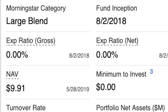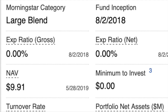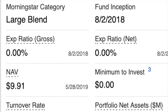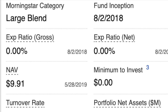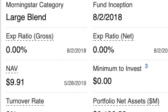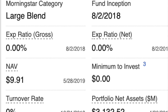So these are the basic fund details from Fidelity's website for FZROX. As you can see, the fund was initiated in August of last year, August 2nd, and has no expense ratio, zero fee. It also has no transaction costs and no minimum to invest. And I do want to mention here that to invest in this mutual fund, you must have a Fidelity account. This is not a bring-with-you mutual fund available at every brokerage house or that you can transfer. You must have a Fidelity brokerage in order to buy this or any of the zero fee products that they